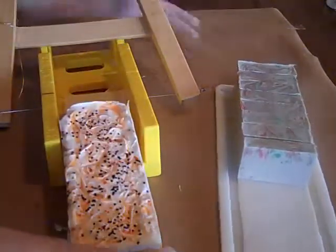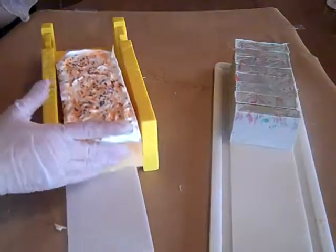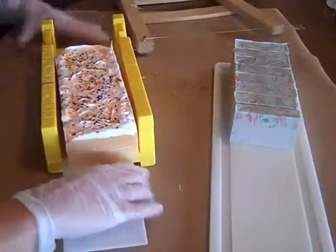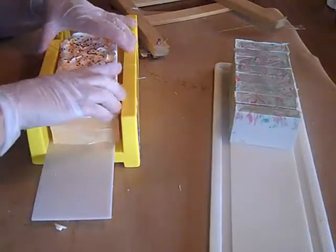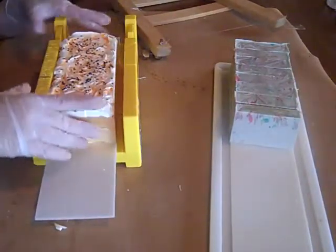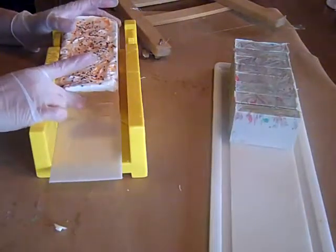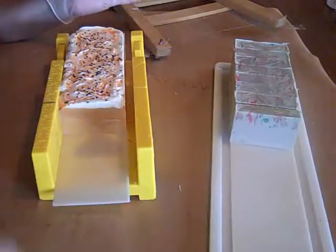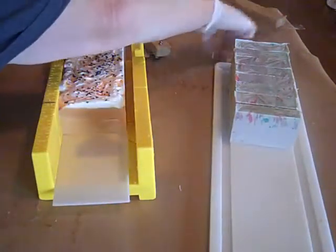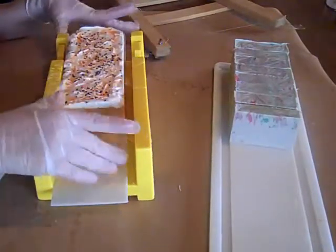This we also did yesterday, and the other half of the mold. And this is also from Nature's Garden. This is pumpkin eggnog. I've been told that this discolors quite a bit. Gets quite dark. So I knew I wasn't going to have any orange in there. However, my friend from Soapy Sue's was generous and shared a couple of her